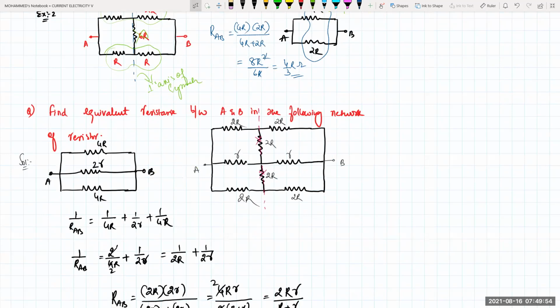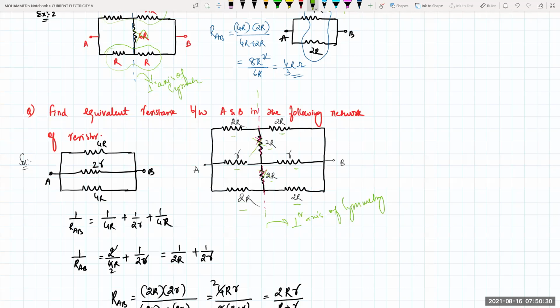Find the equivalent resistance between A and B. These are the terminals which have been given, A and B. This is 2R, this is 2R, this is small r, this is small r, this is 2R, this is 2R. The middle one is here 2R and here also 2R. See, you just draw a perpendicular axis and see whether it is forming the mirror image or not. This is your perpendicular axis of symmetry. Whatever resistance is passing through the perpendicular axis of symmetry will become ineffective. That means this 2R is ineffective, this 2R is ineffective.